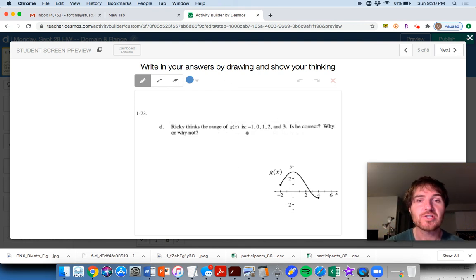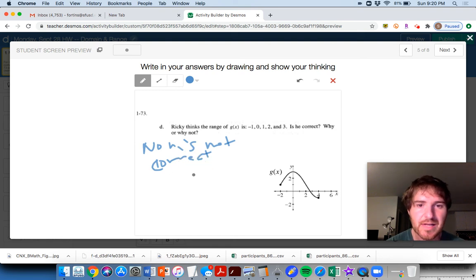All right, Ricky thinks the range of this is g of x equals -1, 0, 1, 2, and 3. Is he correct? Why or why not? If you're following the last slide here, no, he's not correct. You might be thinking, Mr. Fortin, why? I think I might have to put some places for you guys to write these answers in. He's not correct